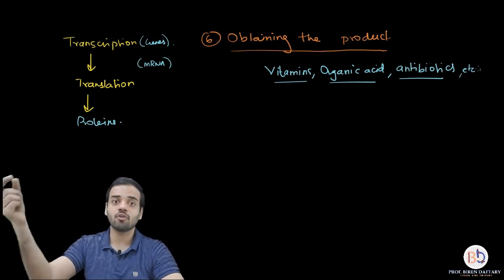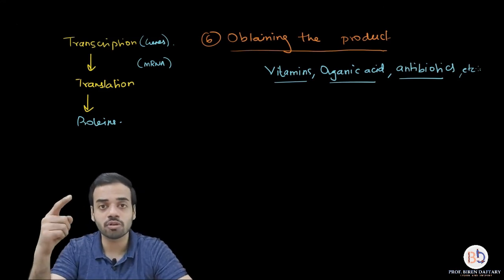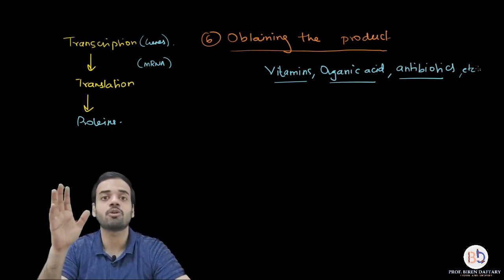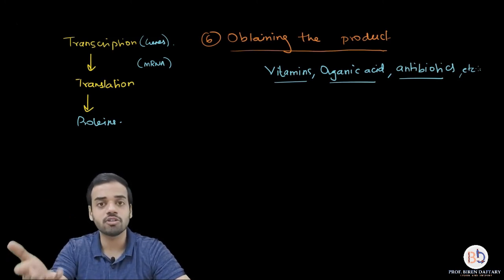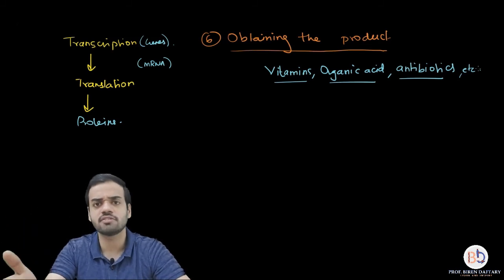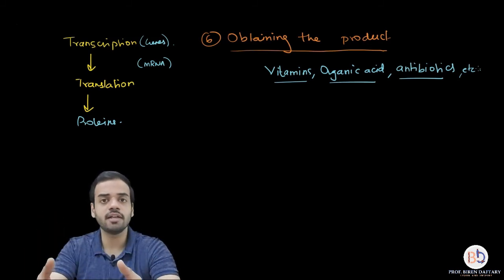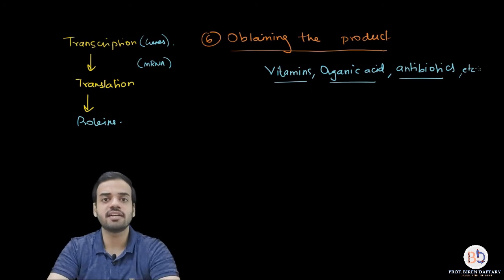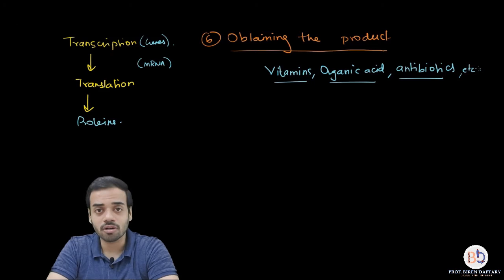That gene is the foreign gene which you have inserted via the cloning vector, and that is going to undergo transcription, translation, and form these different products depending on which gene you have used. And finally, these products are useful to us: vitamins, organic acids, antibiotics. Many other things are also formed. So now each of these E. coli which are transformed, which you have multiplied, are forming these products inside their cell. Now what is the last step? The last step is obtaining the product.